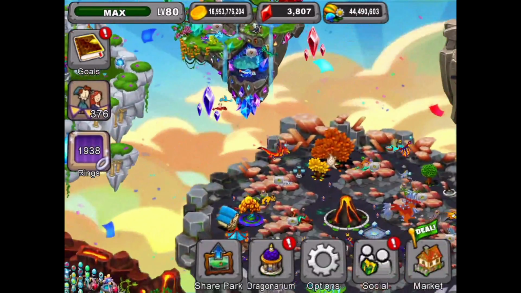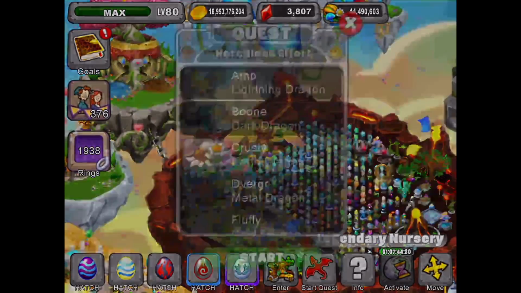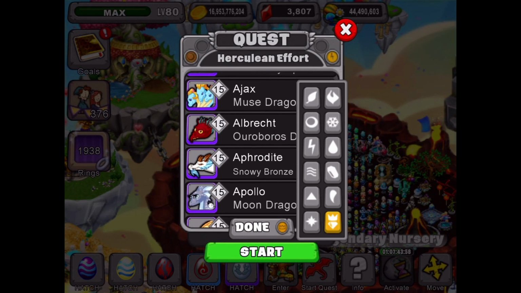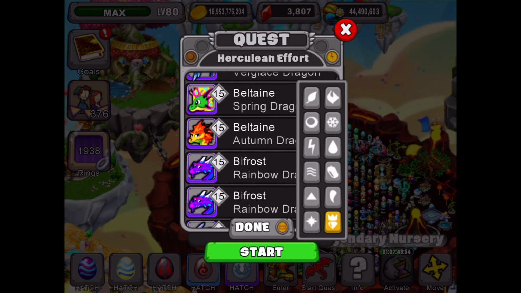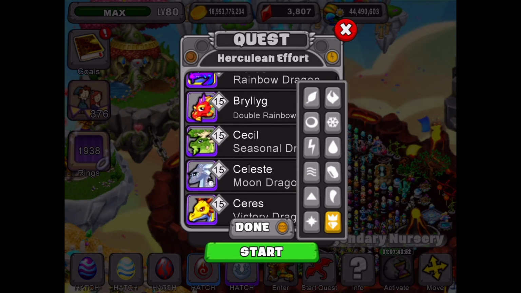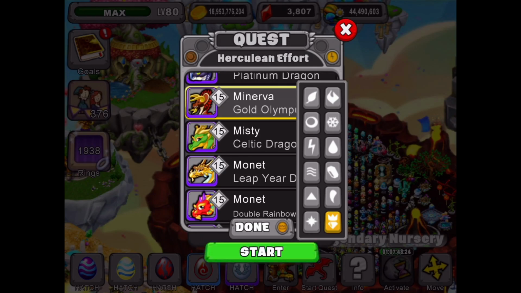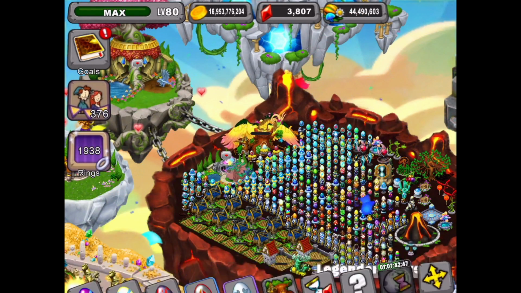Get that quest going. Let's go back to Gia and get another quest going. Herculean Effort. So the Gold Olympus Dragon. Hopefully have one in our park. Let's go find the Gold Olympus Dragon. There you are right there, Gold Olympus Dragon. Send you on a quest. Okay, so let's do our nursery next